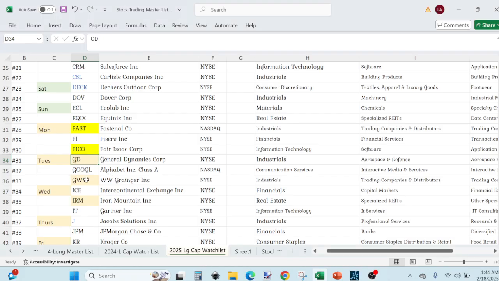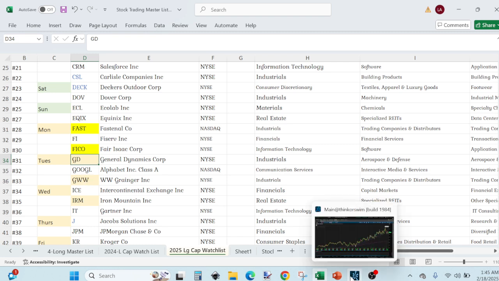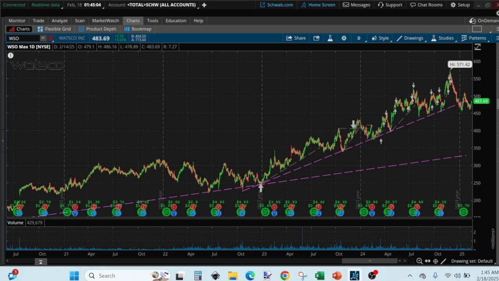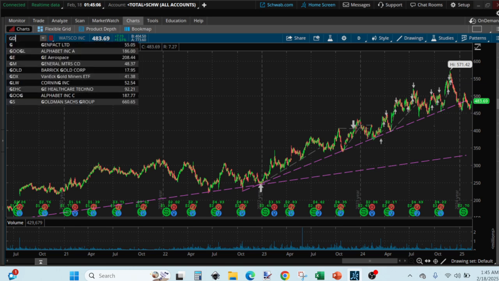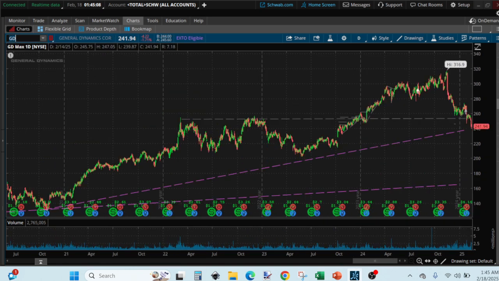Today we are going to analyze GD, Google, and GWW. So the first one is going to be GD. We are pretty much analyzing it after market close on Friday, February 14, because that was the last time the regular hours of the market were open. And for that day, the